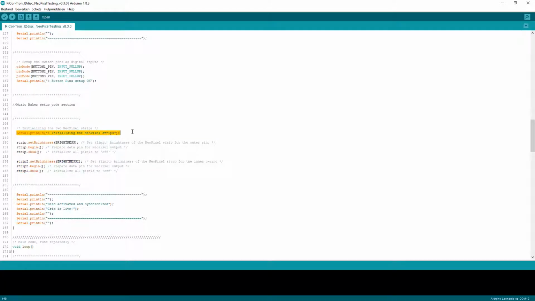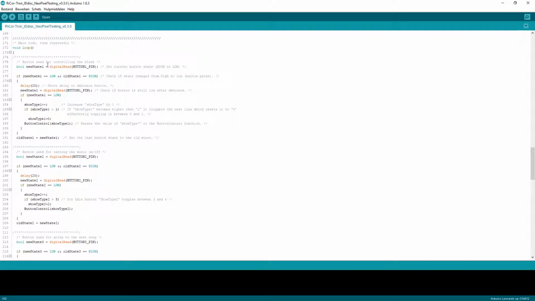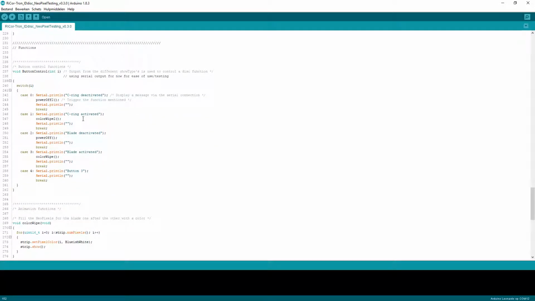So it just gives a line that initializes the NeoPixels, sets the brightness, prepares the data pin for NeoPixel output, and it just shows the pixels. Because there is nothing declared yet, it'll just initialize everything to off. You won't see anything happen. So again, the button code that we went over before, and then here is a difference